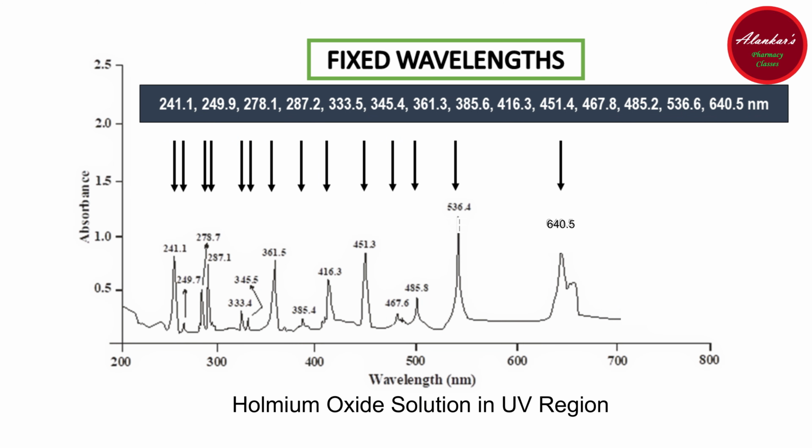So this is the UV absorbance graph of the holmium oxide solution. As you can see in this graph, the holmium oxide solution gives peaks at particular wavelengths, and this is the basis of its usage for judging the wavelength accuracy in UV spectrophotometers. Remember that if the operational range is above 650 nanometer, then holmium oxide is not used. In that case, didymium filter is used. This is because, as you can see in this graph, the holmium oxide solution gives peaks between 200 to 650